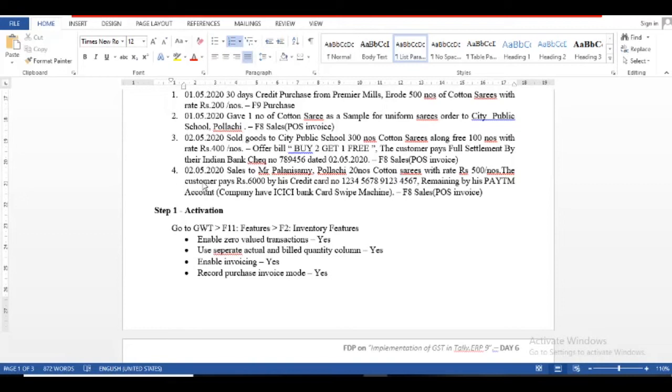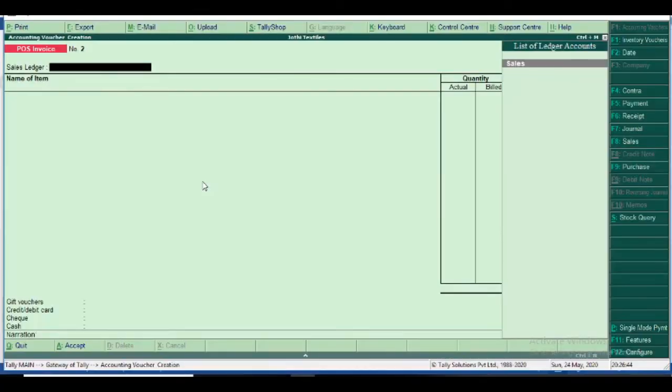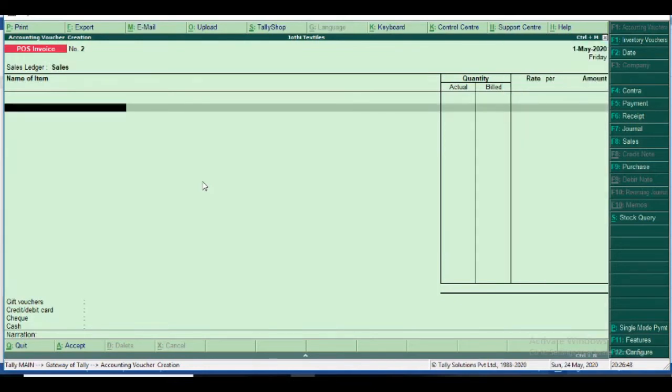The customer paid full settlement by their Indian Bank check, number 789456, dated the 2nd also. Again, POS invoice. The sales ledger is sales, but we change the date to 2/5/2020.